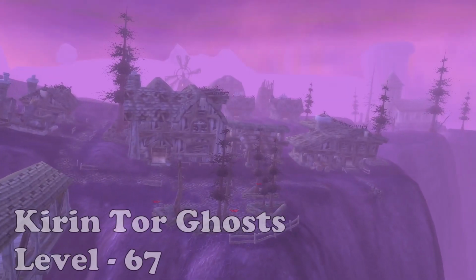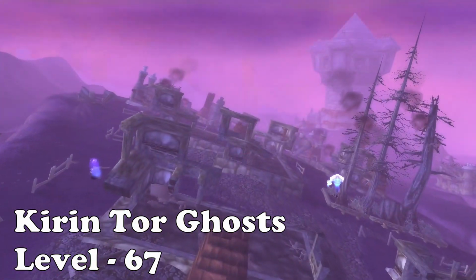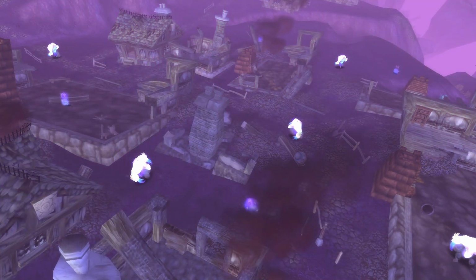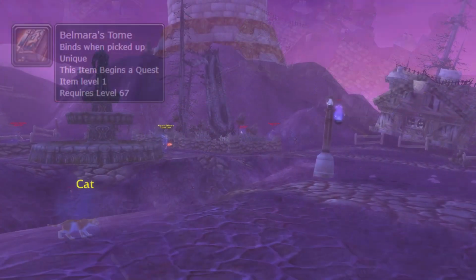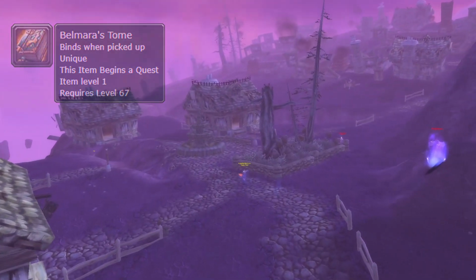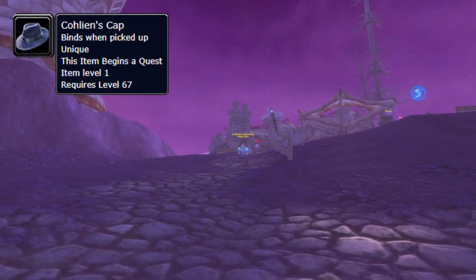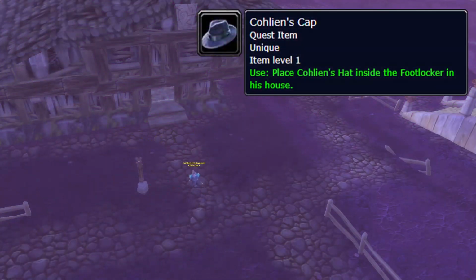The next ones on the list here are pretty special, as all 4 items are found in the Kirin Tor village from ghostly NPCs. These once proud Kirin Tor mages now wander the village lost in time looking for their most prized possessions. The first one is Belmara's Tome, which drops from the Abjurist Belmara, who patrols the west part of the village next to the tower. The second one is Cochlean Frostweaver, which drops Cochlean's Cap, who patrols the northwest of the